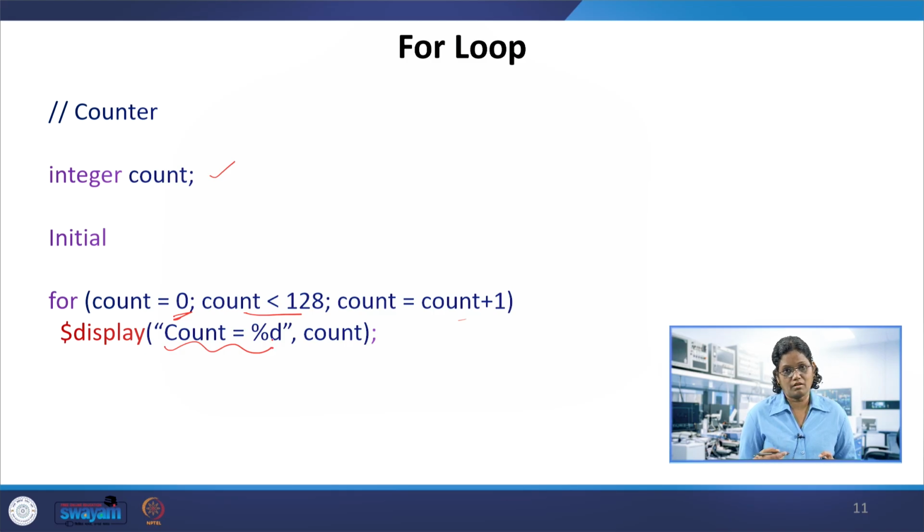So display it in decimal. Count first is 0 and then 1, 2, 3, 4 and so on until the condition is met. So 0 to 127 can be met. You can use the for loop for generating the counter behavior.